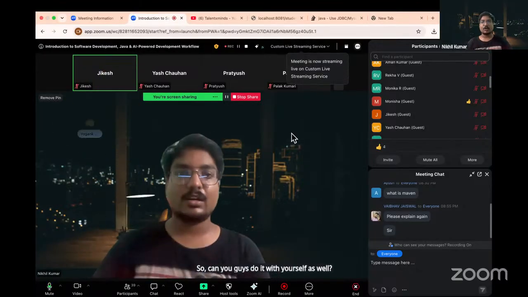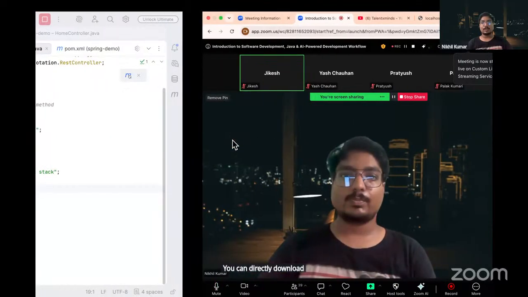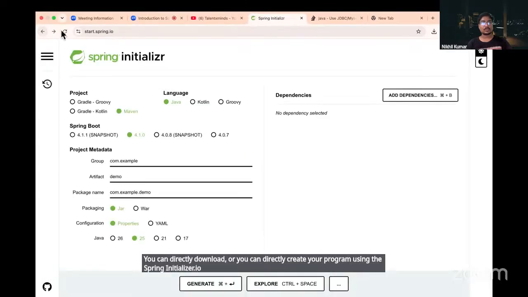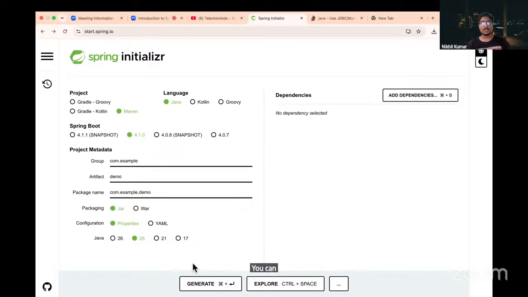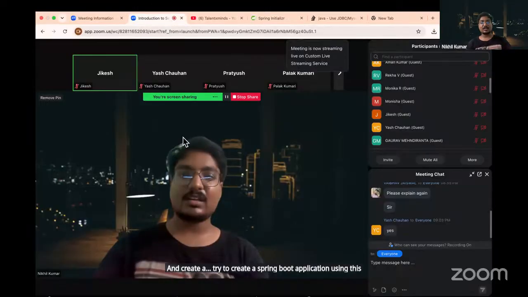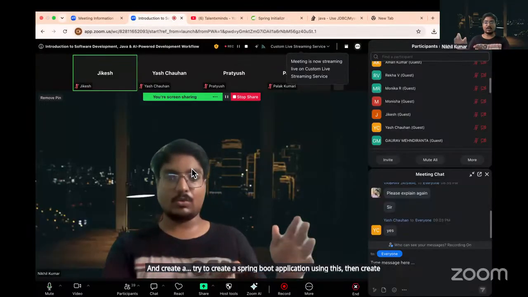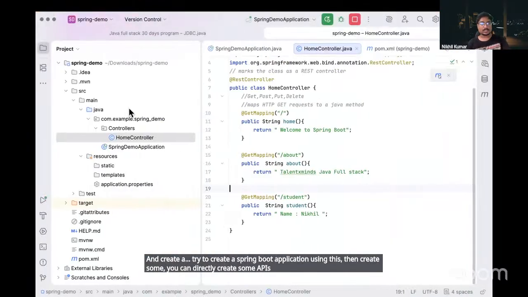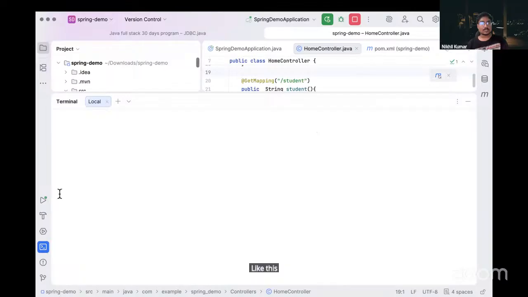You can directly download or create your program using the Spring Initializr. You can use this and try to create a Spring Boot application, then directly create some APIs like this. I will initialize a Git repo for it as well after some time.